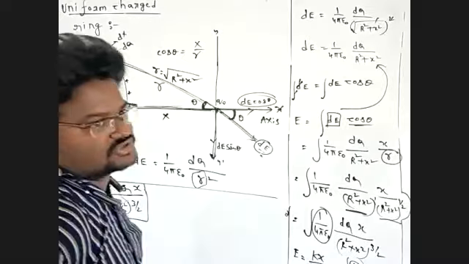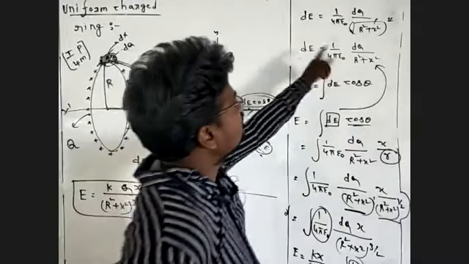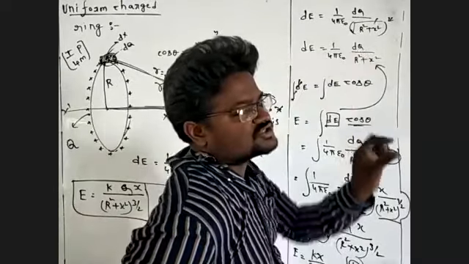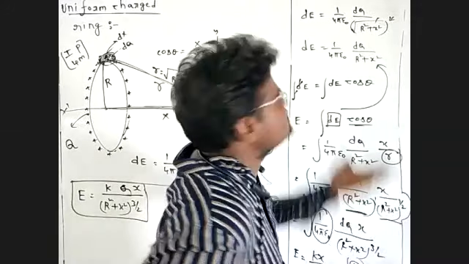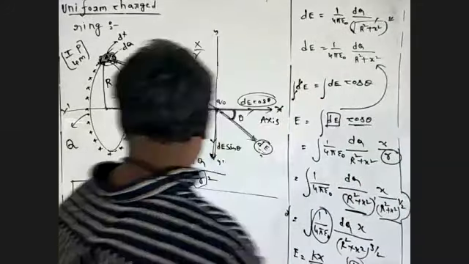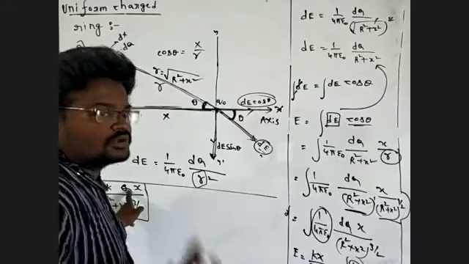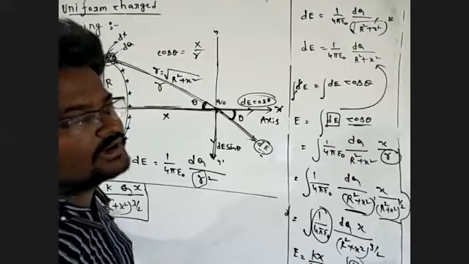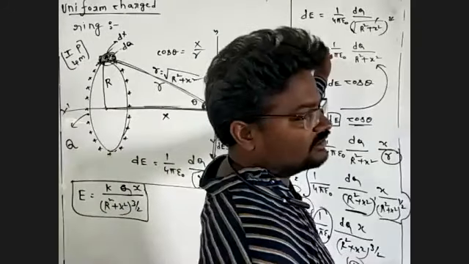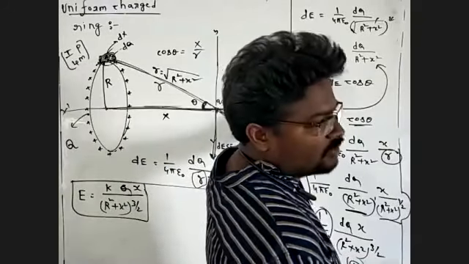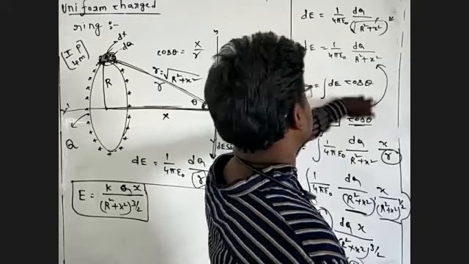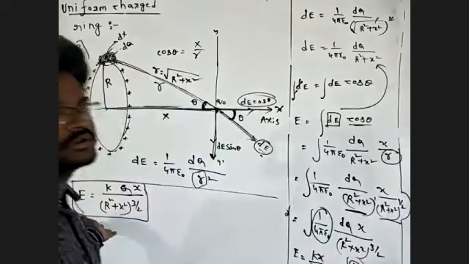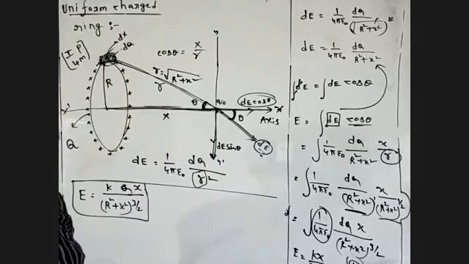We have to calculate that. Now this is dq, a small charge. The small charge produces a small electric field, and this is capital Q. Capital Q produces the total electric field ET. This is the total electric field and this is the small electric field. First, we have to calculate the small electric field. After that, integrate or operate on both sides of the equation, and you get the total electric field.